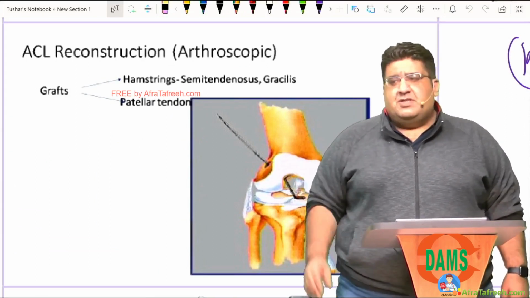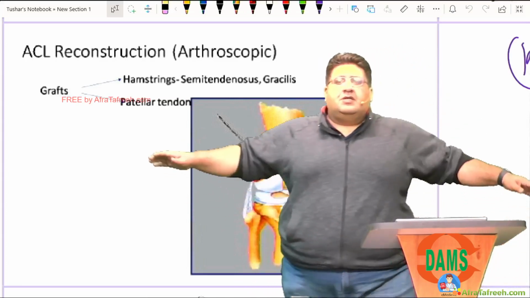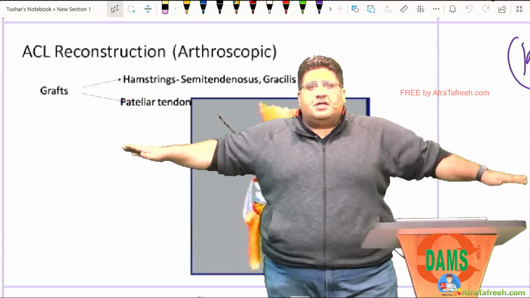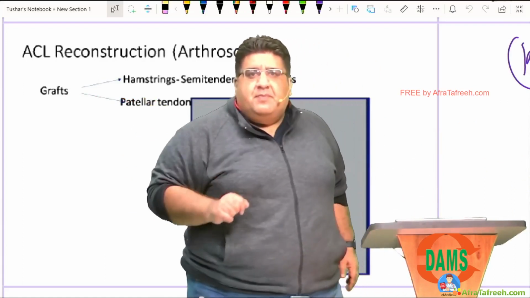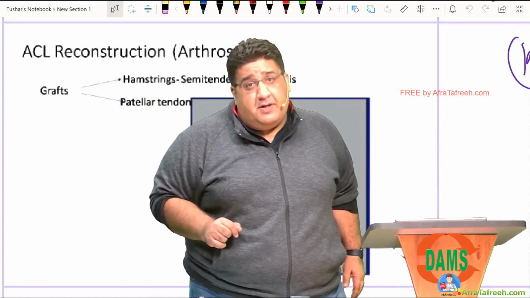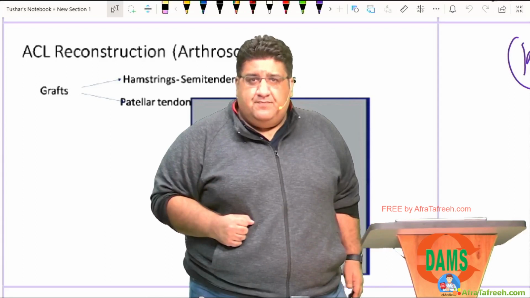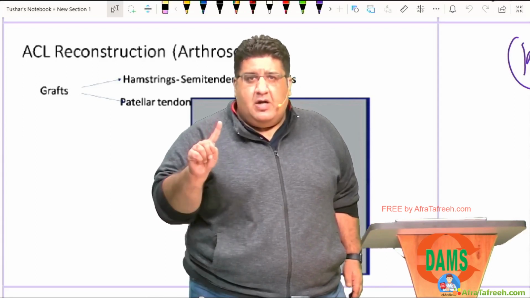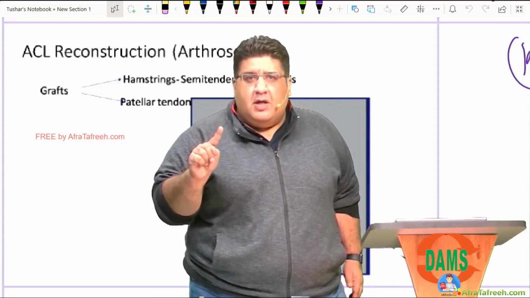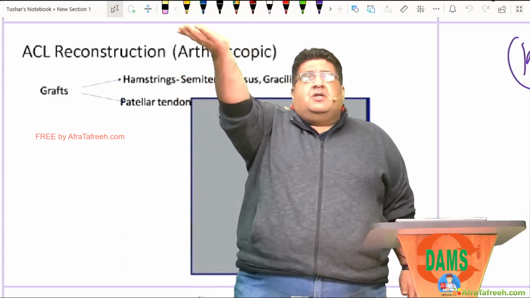Last couple of elements of cruciates, we will not talk about it. The treatment of choice, listen to me everyone: arthroscopic ACL PCL reconstruction. Listen to this treatment. Meniscal tears are either removed or repaired. Collateral tears are left as such. Cruciate tears are not left as such. They are not repaired, they are irreparable. They are removed because after removal, they have to be reconstructed.